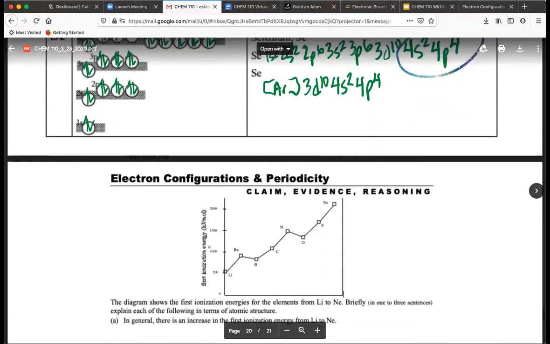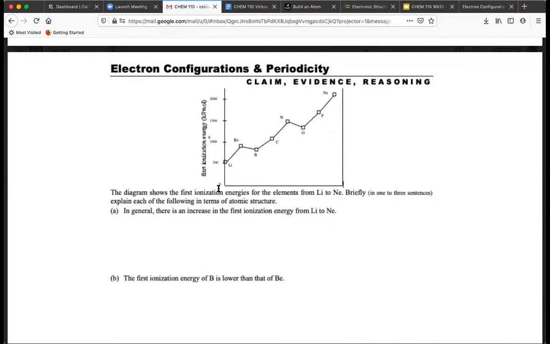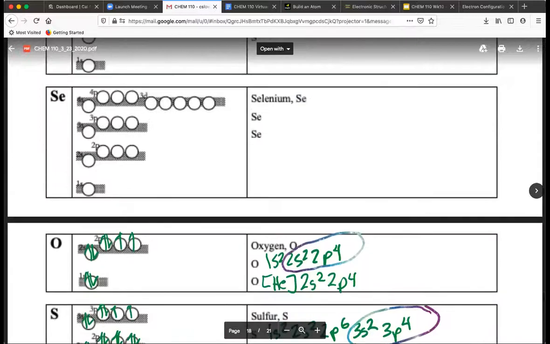So we're going to wrap up today's class by thinking about how our electron configurations are going to influence the behavior of a molecule. So before we do that, we have to do a little bit of thinking. So ionization energy is the energy that it takes to pull an electron away from an atom. Here's what I want you to think about. If we go back, say, for example, to magnesium,